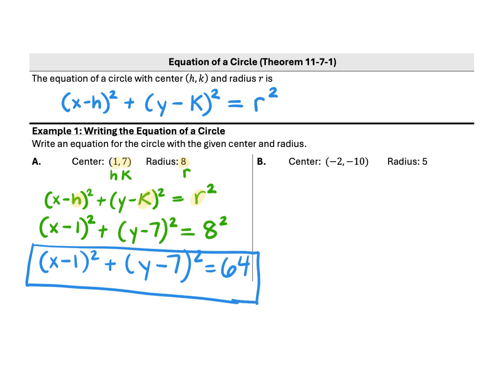Now, sometimes the coordinates of the center of the circle might be negative values. Like here, our h value is negative 2, and our k value is negative 10, and the r value is 5. Starting off with our general equation here,